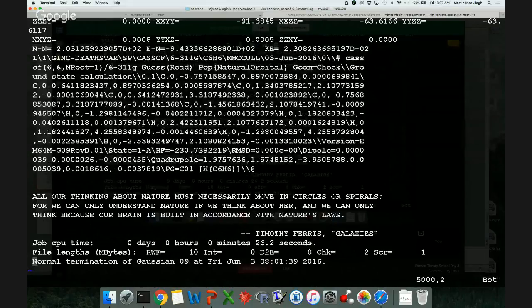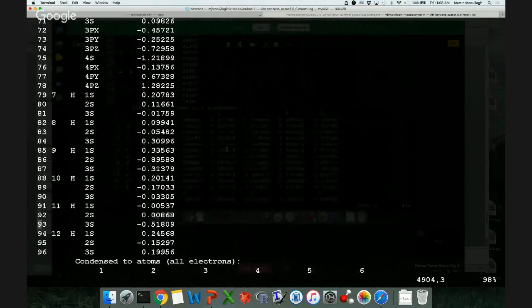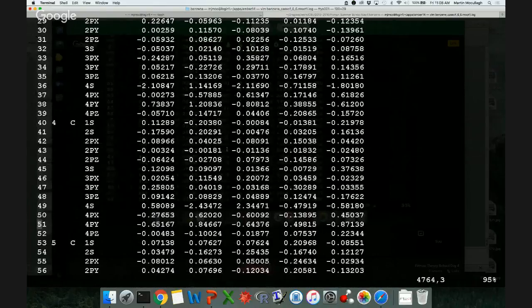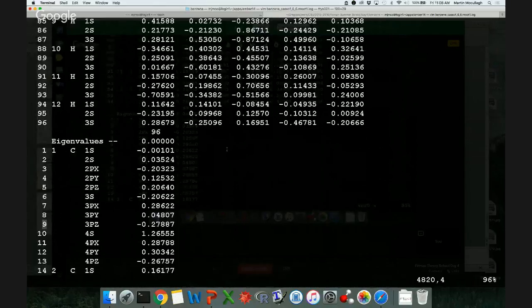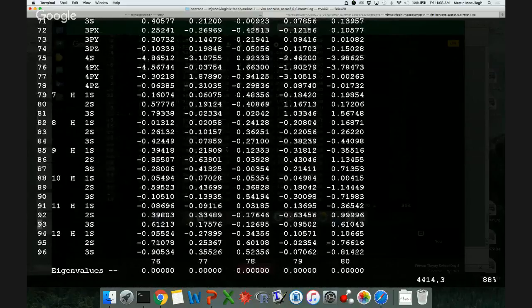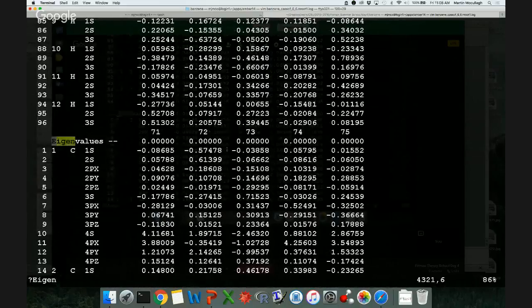This is basically a humongous summary of what it did and what it determined. The important thing here is state 1A, Hartree-Fock equals negative 230.7382219. That is the energy of whatever root that you were looking at. Okay, so that's the energy of this state. And I'm looking at the en route 1, so this is the ground state CAS SCF energy. Okay, you can also look at these things, and we can also look at them in GaussView, but these are representations of each of my orbitals and their populations. And if I go up to the top,